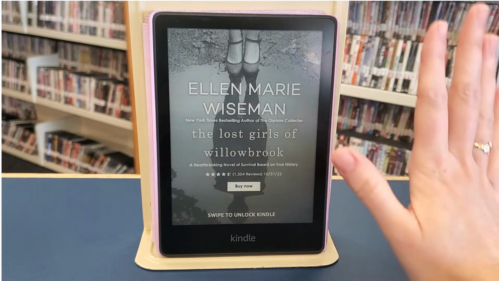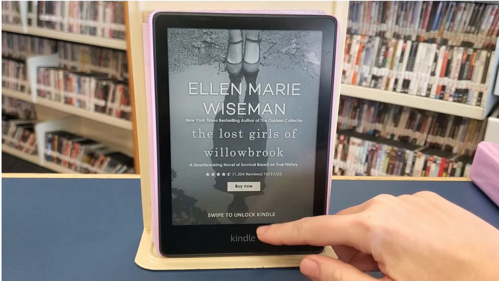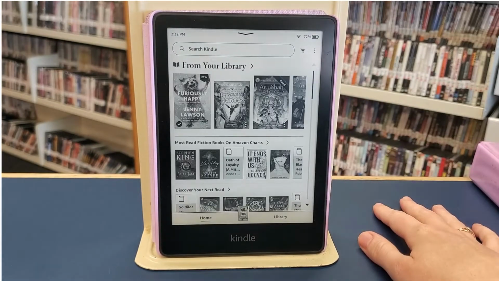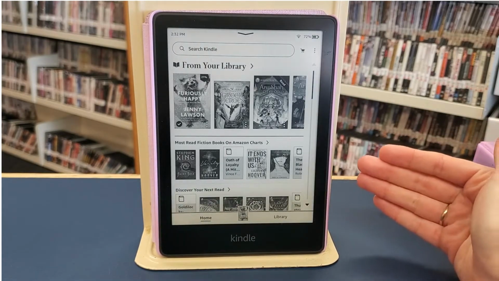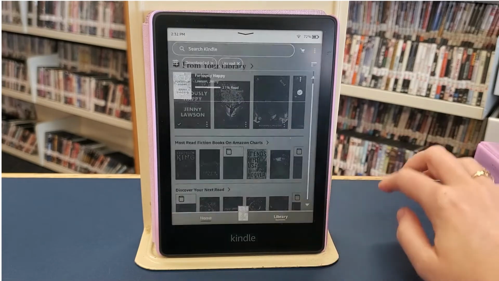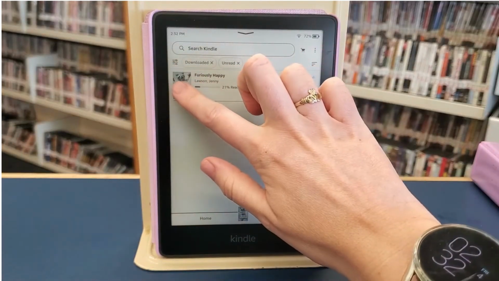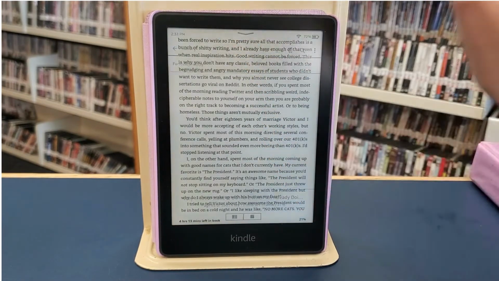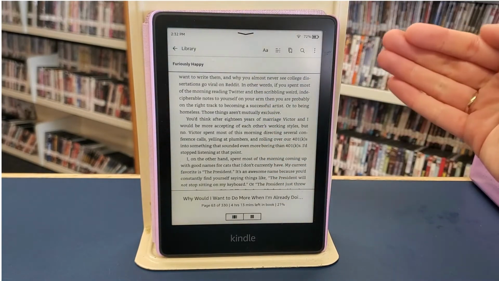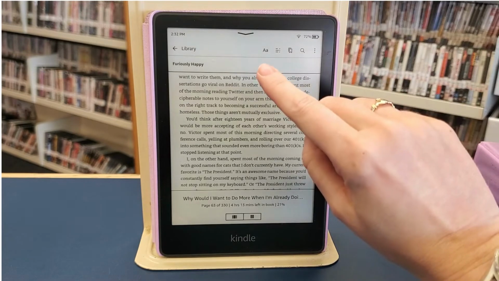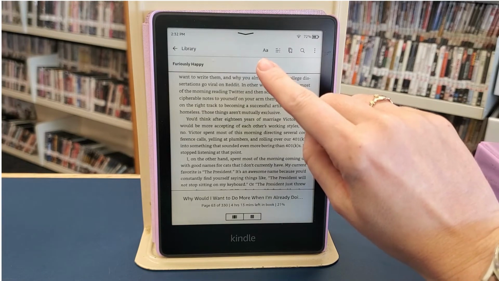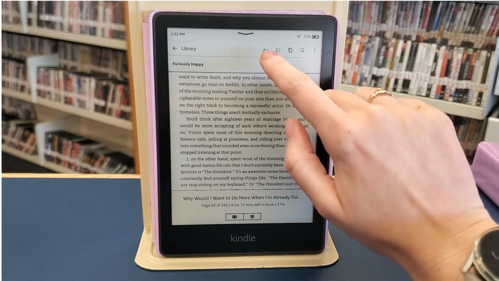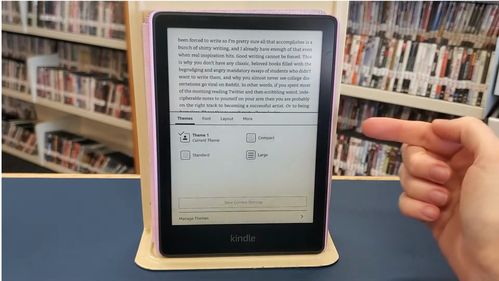Most new Kindles now have this ad page. So we're going to swipe up and it's going to come to the home screen of your Kindle, and I'm going to go to my library and I'm going to pick the book that I'm currently reading, and I'm going to tap the top of the page and a little menu will drop down and you're going to see a little big A and a little a, and we're going to click on that,